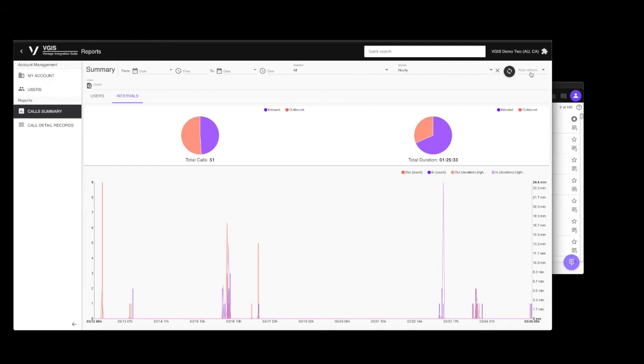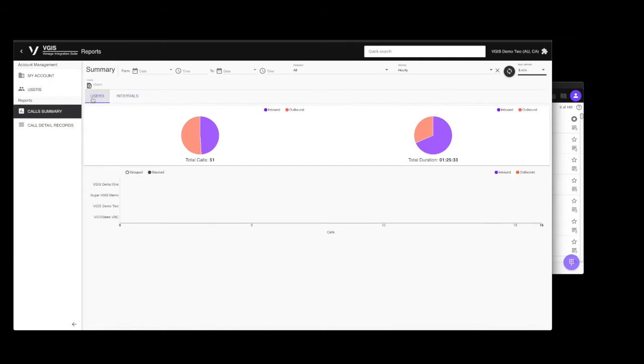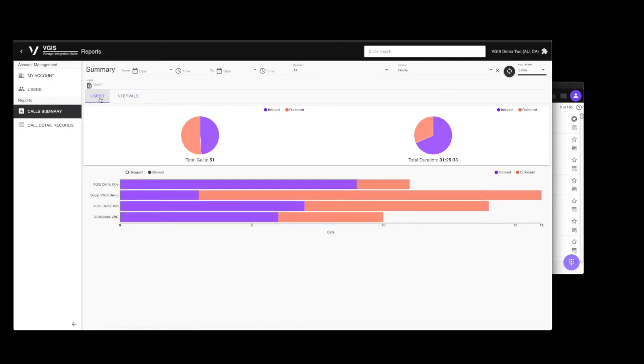And if I want to put this up on a secondary screen, I can automatically refresh this and it will keep this up to date throughout the day. If I want to look at individual users, I can click on the Users tab and see their interaction individually. And if I have a large team, I can simply type in the name or names of people that I want to see, and it will filter everyone else out.